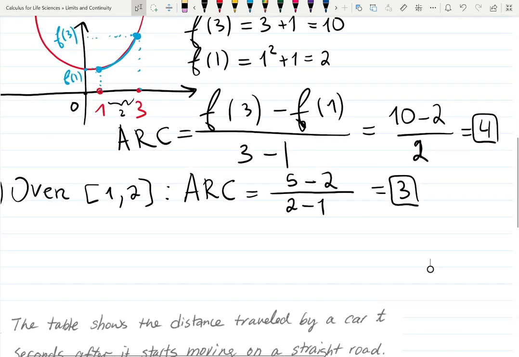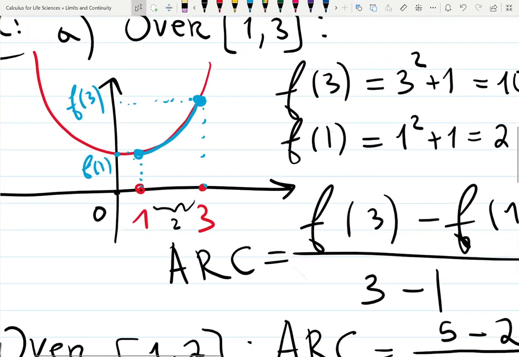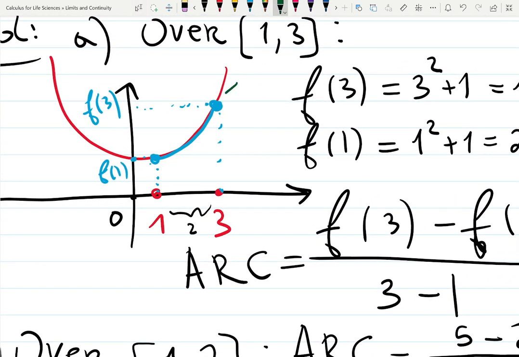Same idea, I just found really fast f. Well, you helped me, so now I know. And this is exactly what we did here. We drew a line through those 2 points, found the slope